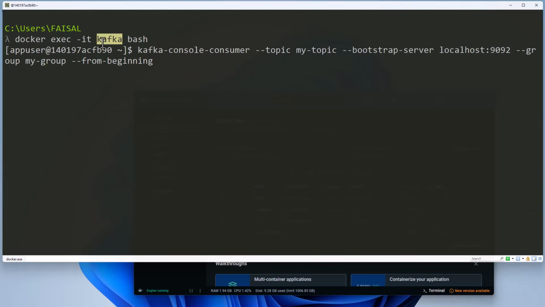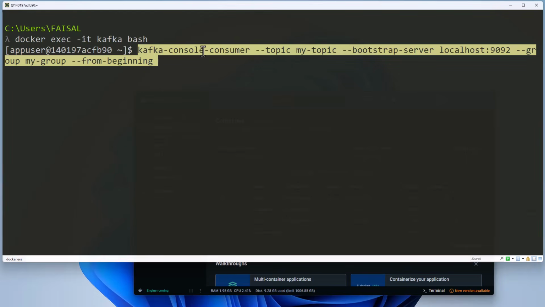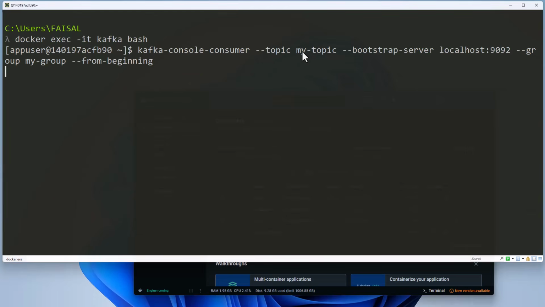Okay, so here we'll come, and here what I've done is I have logged in to the Kafka container. You can see I'm logged in over here using interactive shell, and inside the container I'm running this command, Kafka console consumer topic. I'm listening to my topic over here. Okay, my topic is a topic that is already created. I have and I'm mentioning this bootstrap server over here, and I've mentioned this group, and I'm mentioning from the beginning. So this is something that I've added so that whenever any message is posted,